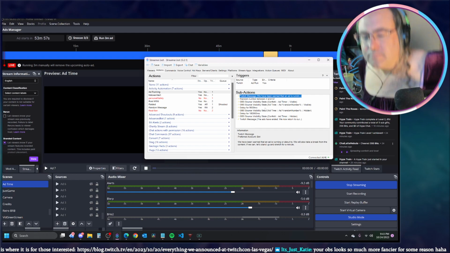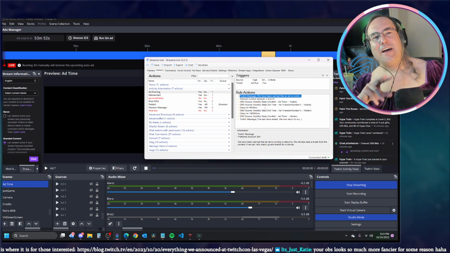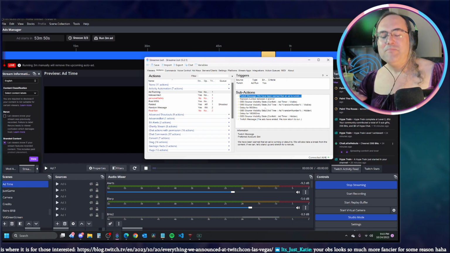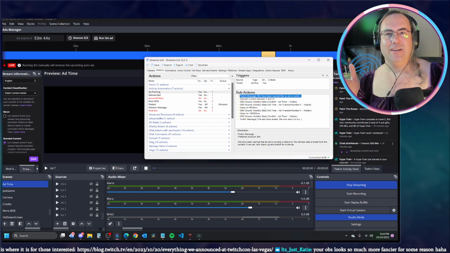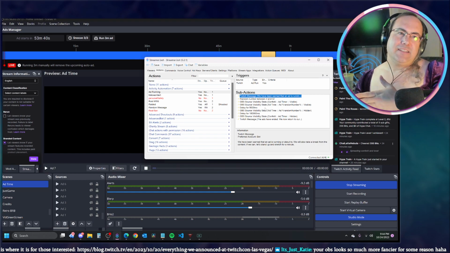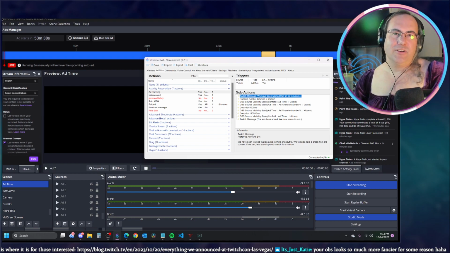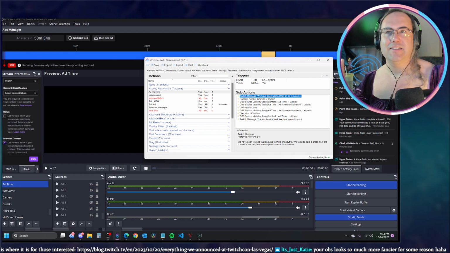And that's just personal preference. Why 3 minutes and 5 seconds when I have 3 minutes of ads? Because we've noticed that the ads sometimes start a few seconds into that 3 minute window. So we have it delay a little bit so that the end is just a few seconds after when everyone should be back. So we make sure that we get everybody actually back to the chat before we start back up.